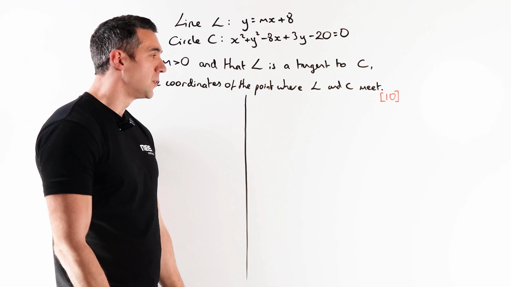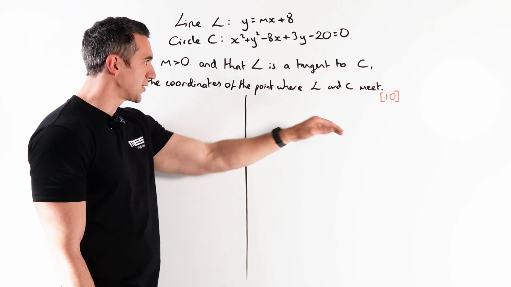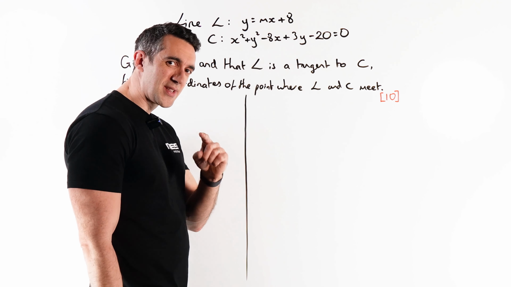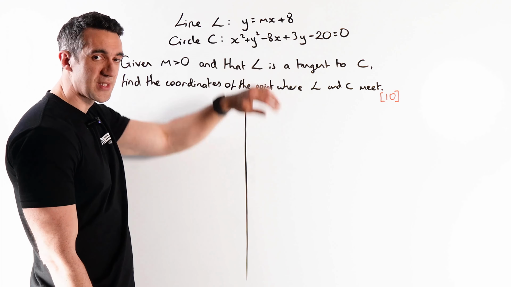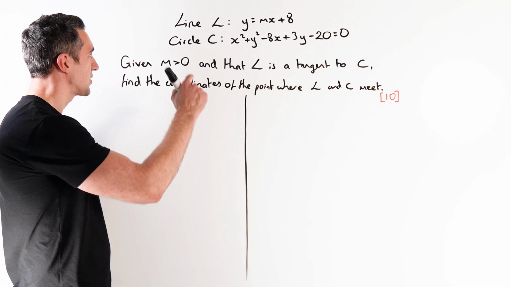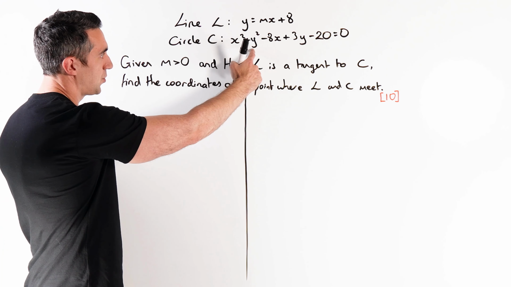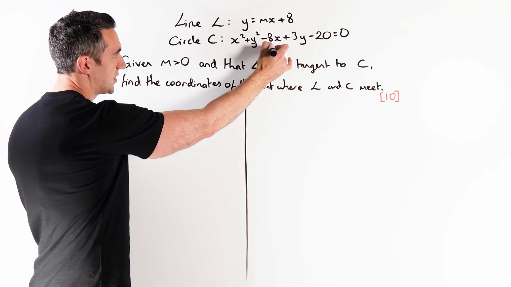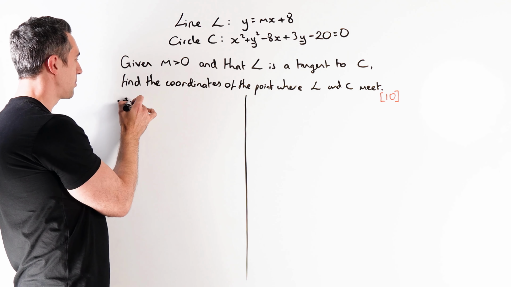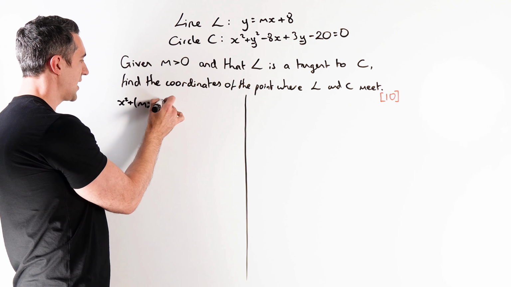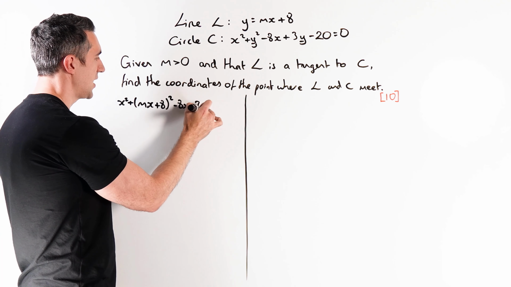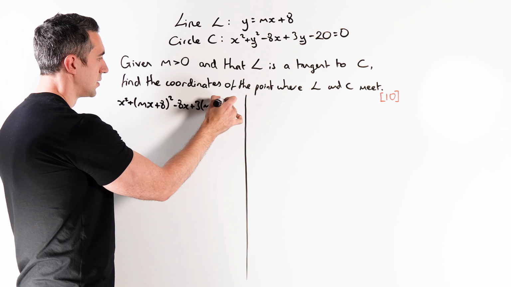Right, so you guys know at this point, if we're looking for anything to do with where lines, curves, two things meet, simultaneous equations, you know the deal. So we're going to try and solve these simultaneously and see where it gets us. We'll deal with it when we get there. Okay, so we're going to put y equals mx plus 8 into this one. Because it's already in the form y equals, we'll replace this y squared and this y here and see what we've got. So we've got x squared plus (mx plus 8) squared minus 8x plus 3(mx plus 8)